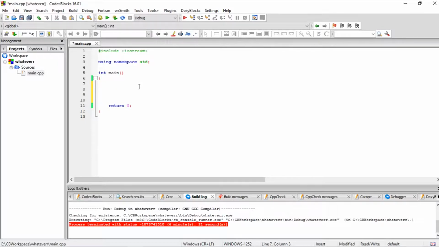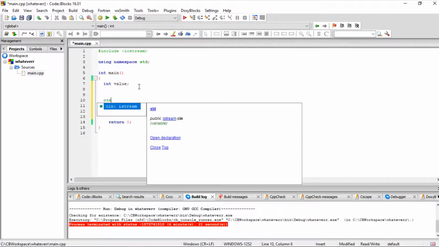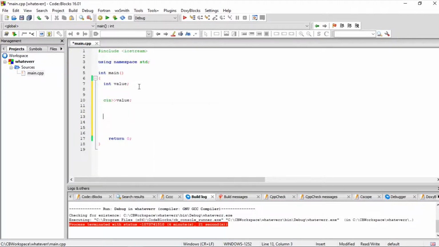So let's say we want our user to input a value, and then based on that value, we want to do something with it. So let's make a menu, and spice it up a little bit. Let's say 1 is plus, all right? Now let's make an endl and say cout